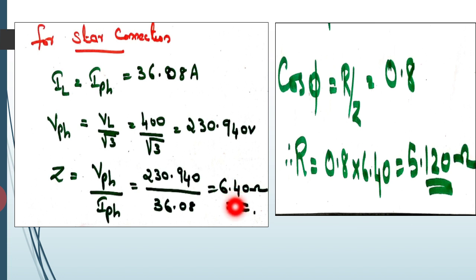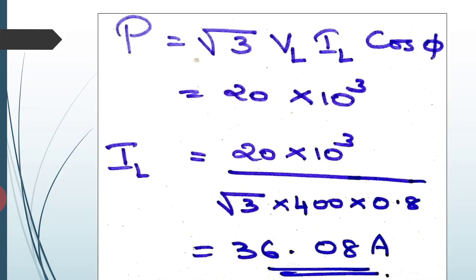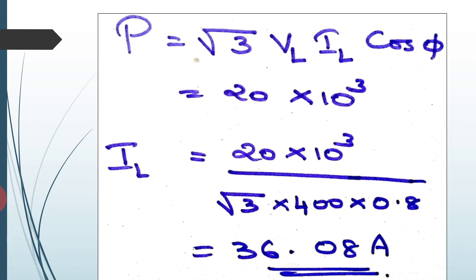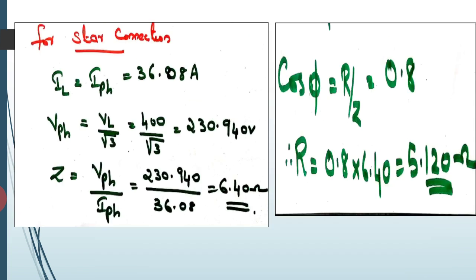So once we obtained Z, we can find cos phi. We know that cos phi is given by R by Z. Cos phi is known, Z is known. So from that we will obtain R. Then R is obtained. What is the question here? We want to find the value of L. The only given quantities are power consumed and power factor. From power consumed, we obtained IL. From IL, we obtained the